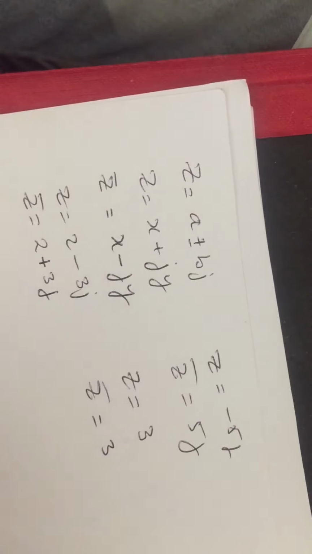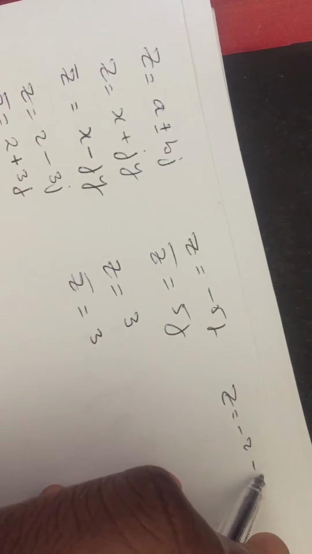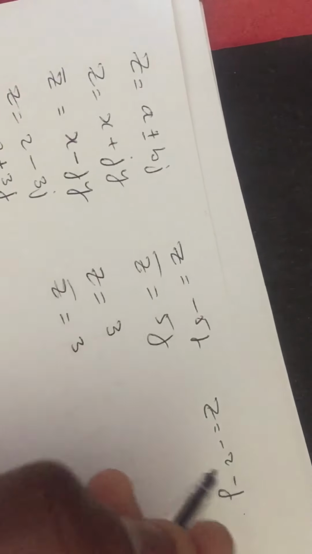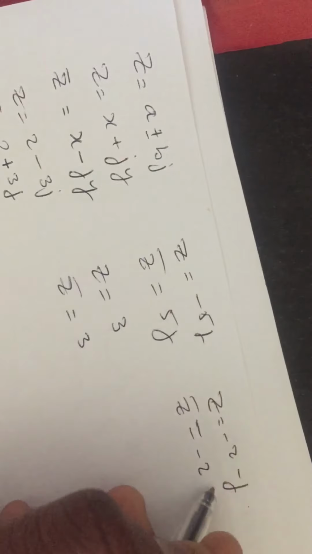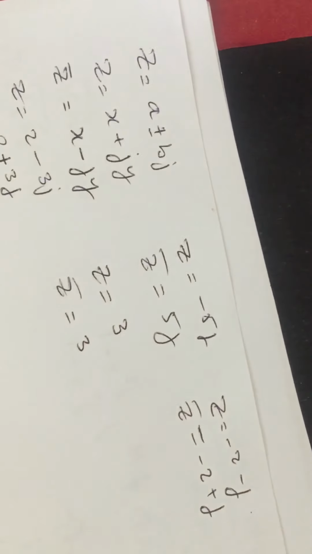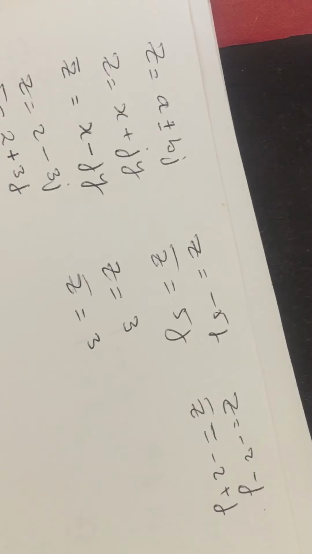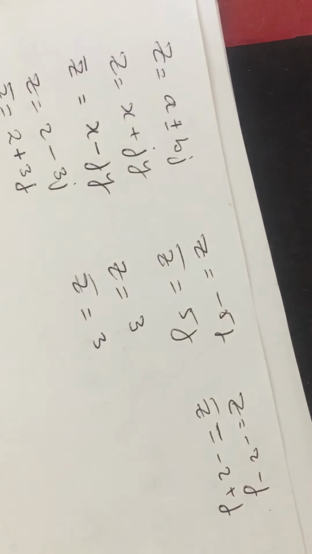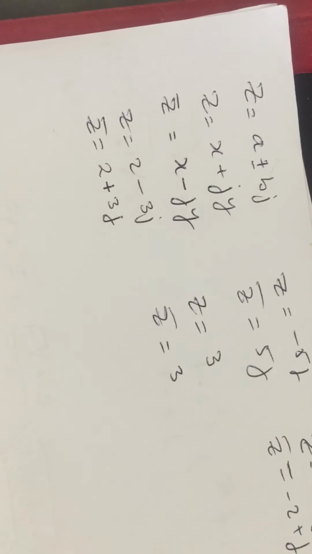It's gonna be exactly that. What if you have z equal to minus 2 minus j? Your z bar will be equal to minus 2 plus j. Notice I only changed the sign of the imaginary part. So let's continue. Now we need to do what we call